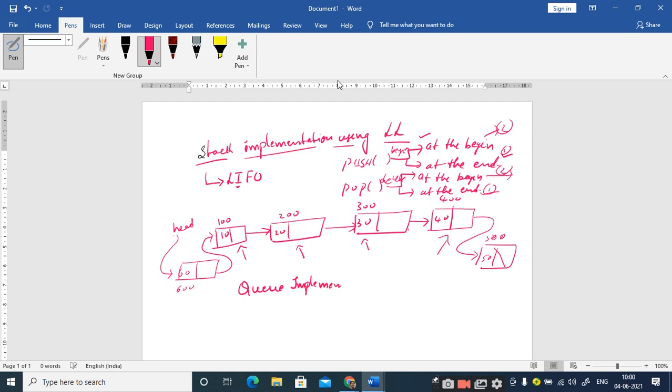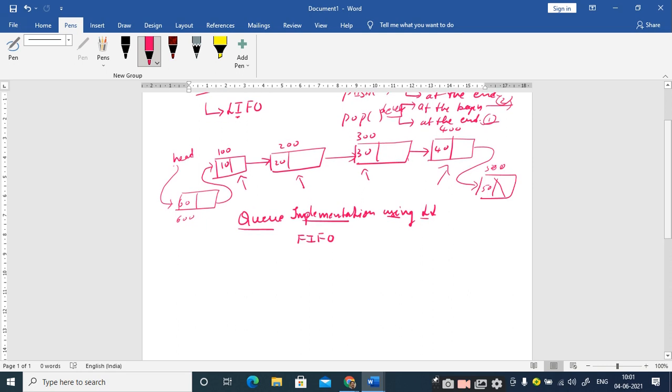Now tell me, what is the logic behind implementation of a queue using linked list? You should know the other name for a queue: first in, first out. Again, we have two operations, the enqueue operation and the dequeue operation. How can I implement the enqueue operation?